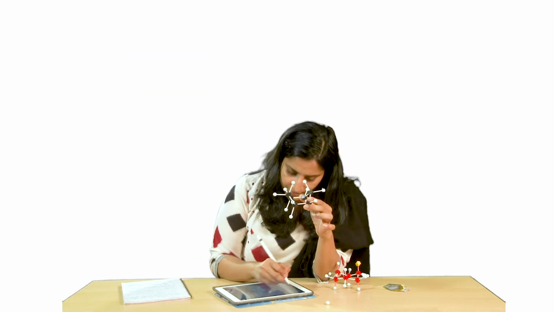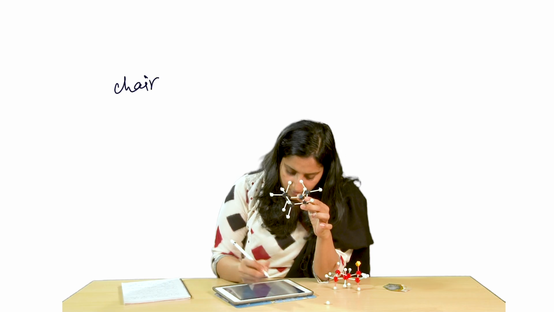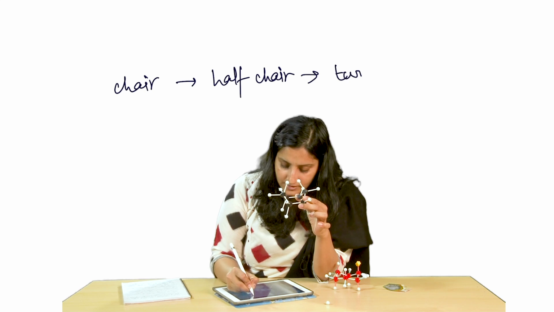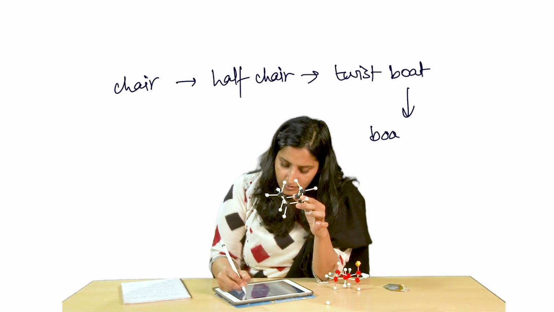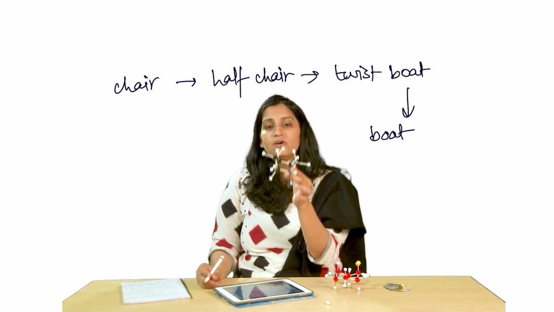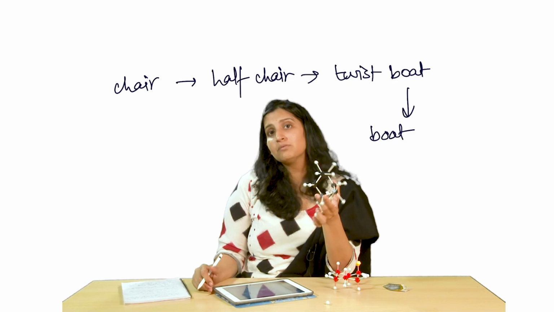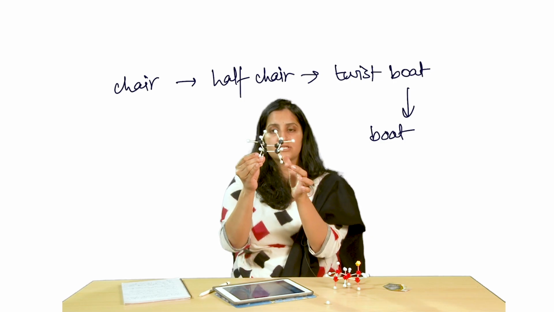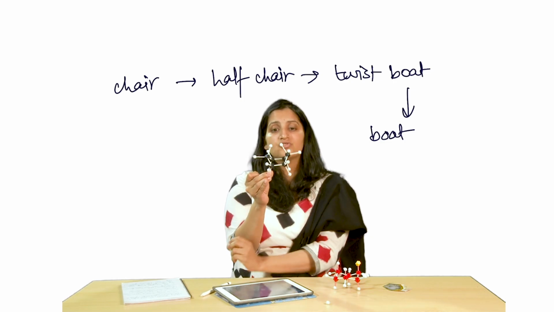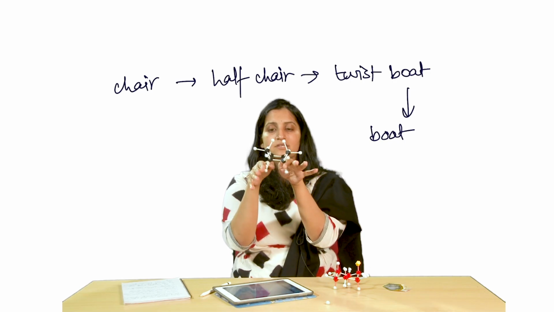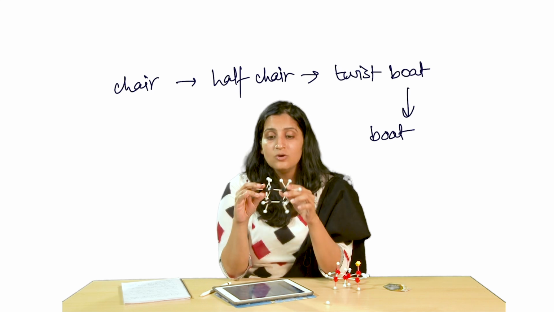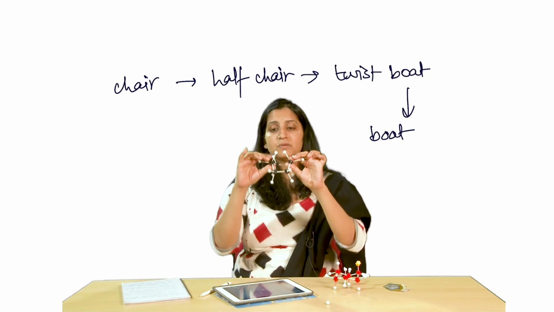Okay. We have started from chair, we have gone to half chair, after that we looked at a twist boat conformation, followed by which the molecule achieves a boat conformation. Now, boat conformation is again one of the more unstable conformers of cyclohexane. As you can imagine, what is happening in the boat conformation is that firstly you have these eclipsing interactions between these CH groups. Okay, this is one pair, this is another pair. So, you have 2 pairs of CH eclipsing interactions,